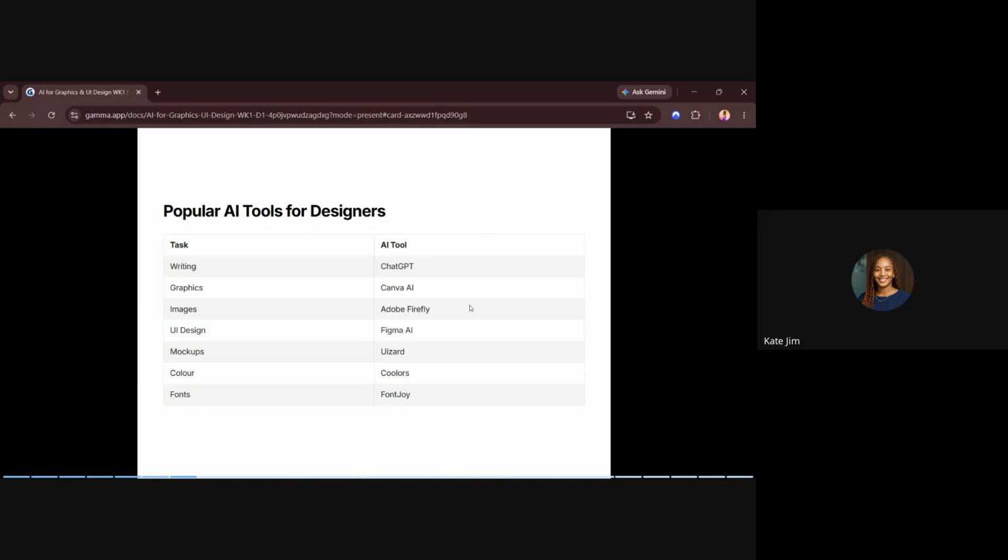The ones that I know might not be available or might not be very popular is Wizard, Coolors, then a little bit of Figma AI. Figma AI, no, it's also popular. Figma. You see, Figma, Canva, ChatGPT, these are very popular AI tools. It's not restricted to this, but these are tools that most designers use. I use these tools. I use them. And that's why I'm even recommending them.